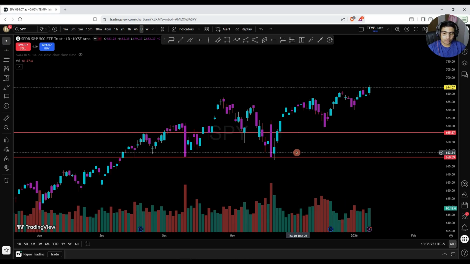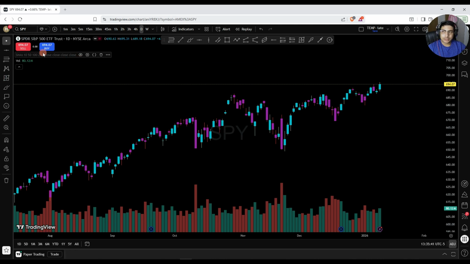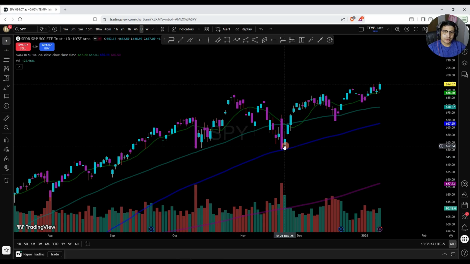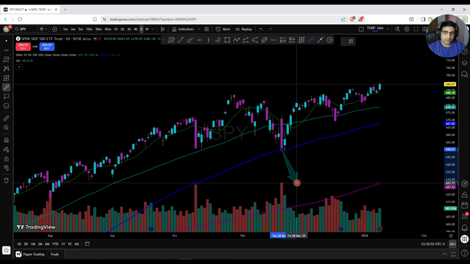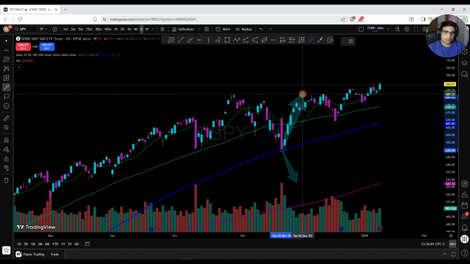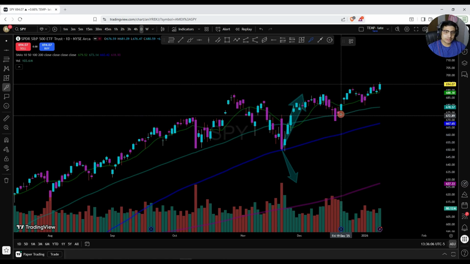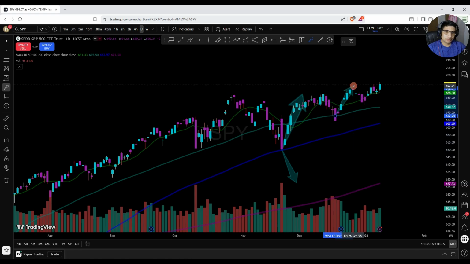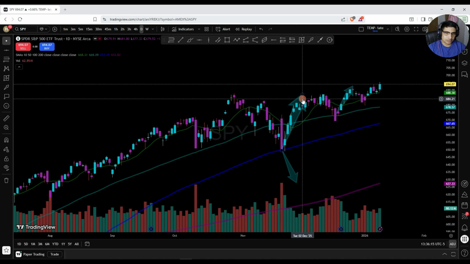So that's the third point: don't enter emotionally by thinking, okay. Another very important thing is to always use indicators. The simple moving average is very useful in this case. If I turn it on right now, even though you were thinking this big red candle means the market is going to go all the way down, the 100-day simple moving average was working as a support point, so it supported the market going all the way up. Same thing happened here. Everyone thought the market was going to go down all the way, but the 50-day simple moving average worked as a support here, and then the market went up. That's what you need to follow while you are trading.